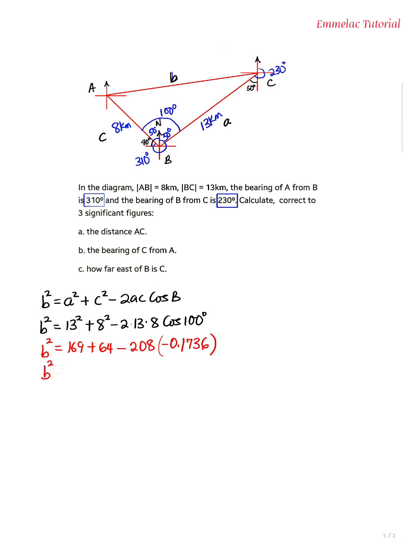So b squared equals, when we sum this up, 169 plus 64 gives us 233. Now take note of this negative sign. We definitely affect this negative sign, so minus times minus gives us plus. When we multiply these together, we end up having 36.119, and when we sum these together, we end up having